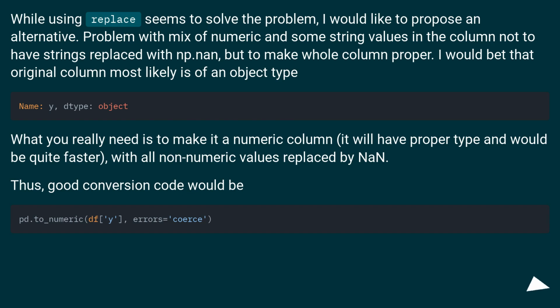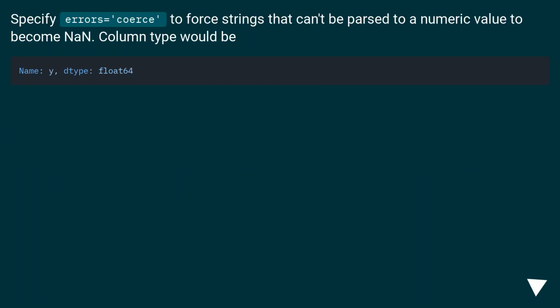Thus, good conversion code would be: specify errors equals coerce to force strings that can't be parsed to a numeric value to become NaN. Column type would be